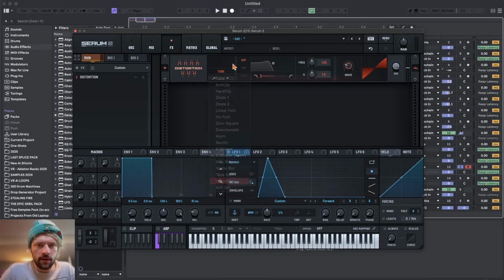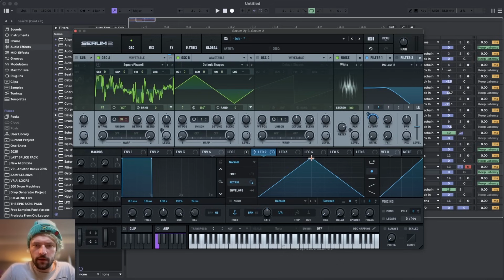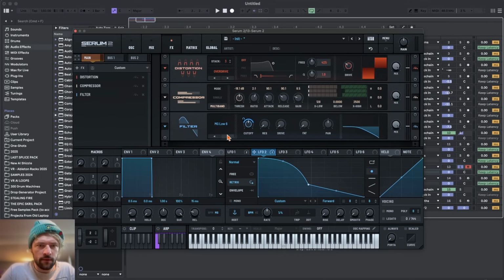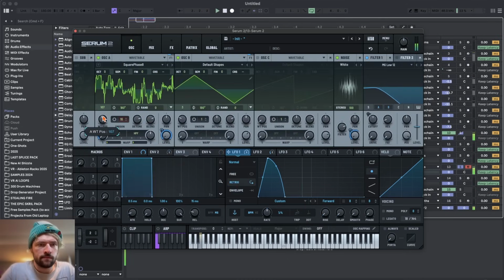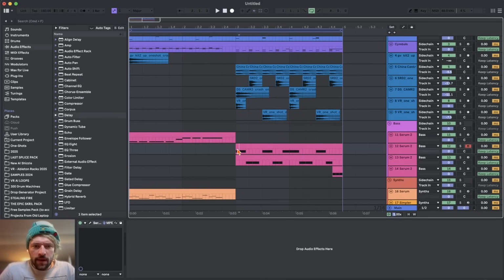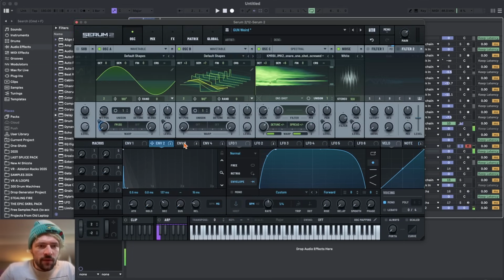Distort that stuff again. Compress again. And then I'm going to need a little filter. Actually, that might make a little more sense to have this after the distortion. We can get a little pitch envelope on here too. Nice, that general idea is there. This main hit is not exactly what I wanted it to be. I'm going to just go in here and maybe...